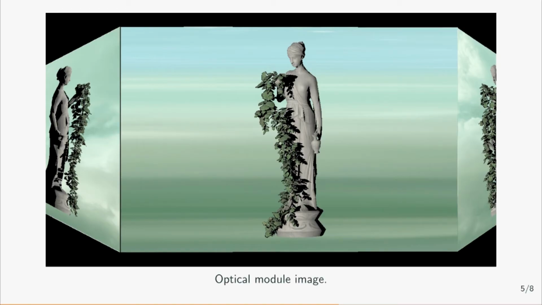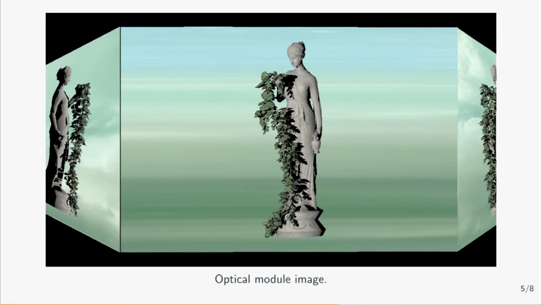And now I would like to show you an example of an optical module image. As you can see, for this specific type of HoloVisio geometry, the optical module image is composed of 3 parts. Each part uses its own specific type of projection. The central part has the shape of a slightly skewed rectangle. The 2 side parts have a pyramidal shape. Although the sizes of the central part and side parts are very different, they all cover approximately the same range of space. The details of the statue are rendered in a very sharp manner, because they are all very close to the observer. But the details of the environment map are blurred in the horizontal direction.